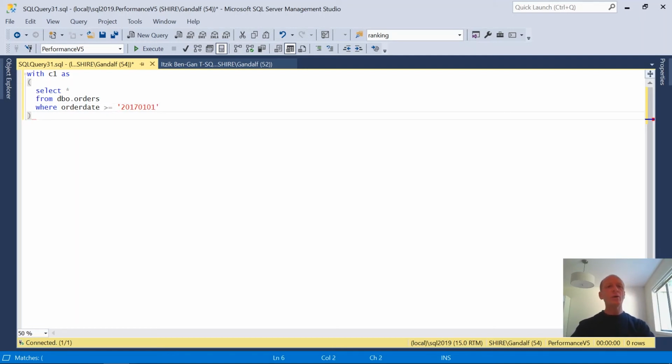Now I'll say I have a second CTE maybe that is based on the following query that does a select from the first CTE, and then maybe add another filter that is a sub-interval of the previous one. So if I write here the order date is on or after January 1st, 2018, you realize the sub-interval of the first. So if I go ahead and do a select from C2,